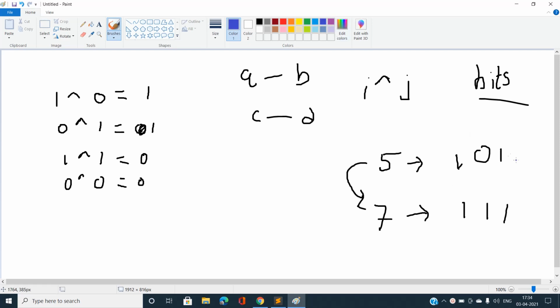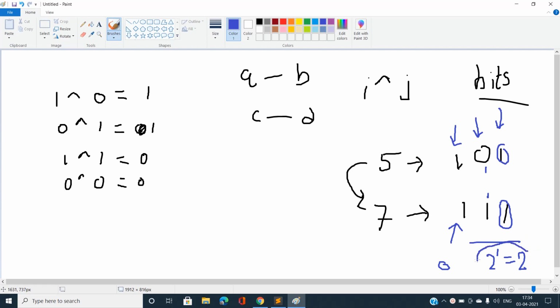That is, if the bits are going to be the same on the ith position, and we take XOR, then the ith position bit is not going to contribute to the answer because the bits are the same. Similarly, in this position you can see 0 and 1 are different, so this is going to contribute to our answer. That should be 2 to the power of the bit position, that is 1, contributing a value of 2. And the bits are the same here, so it is not going to contribute any value, so it would be just 0. Okay, so if we take 5 XOR 7, our answer would be like this.